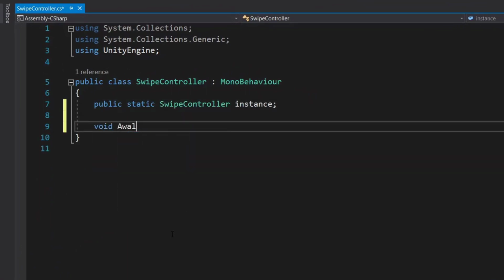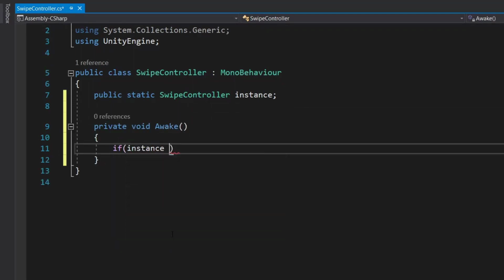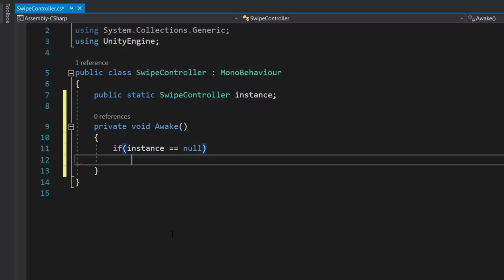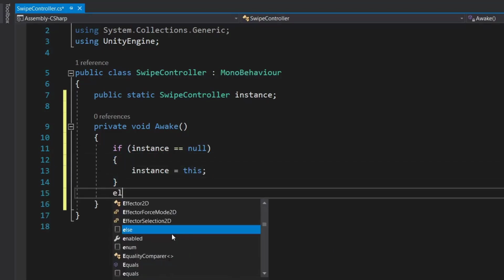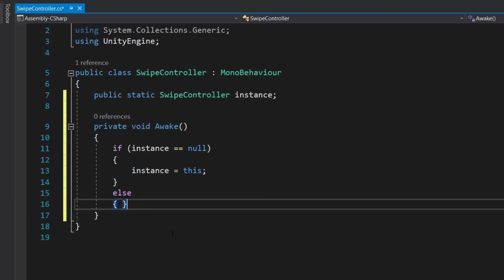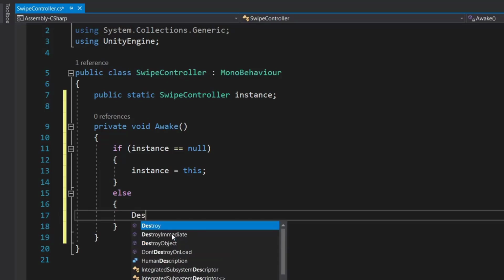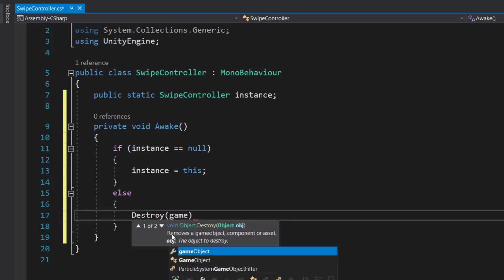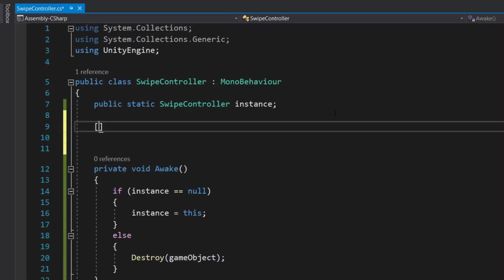Then in Awake, what we do is we check if instance is equal to null. That means the instance variable is empty. Then we set instance equal to this, and else if instance is not null, then we destroy this. Now we need force to throw our ball.